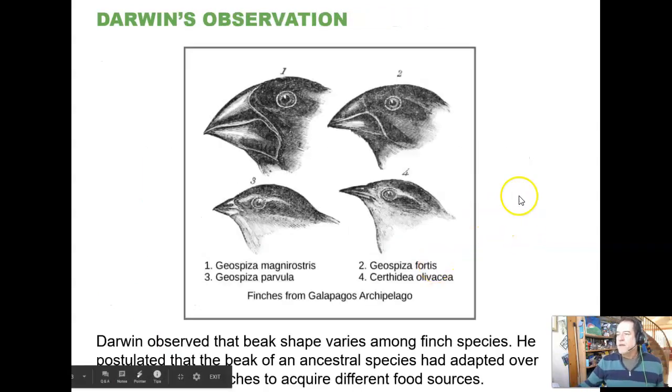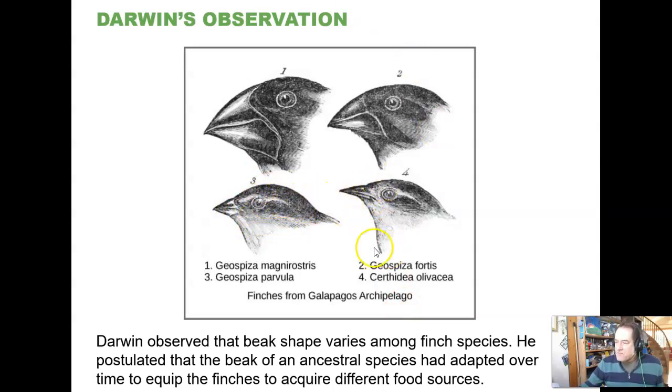All right. So Darwin is famously associated with the finches of the Galapagos Islands. There's so much other work he did, but for the sake of brevity, we just pick a few here to point at. But he did some of his most rigorous work with these particular animals in this situation. So the idea with the finches is that one species of finch, maybe something looking a bit like this or perhaps like this right here, but not any of these 4 species, is the parent species of finches, and it lives in Ecuador.